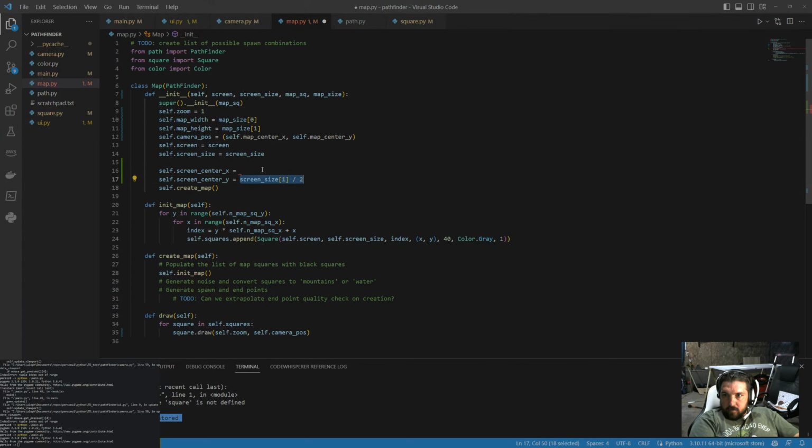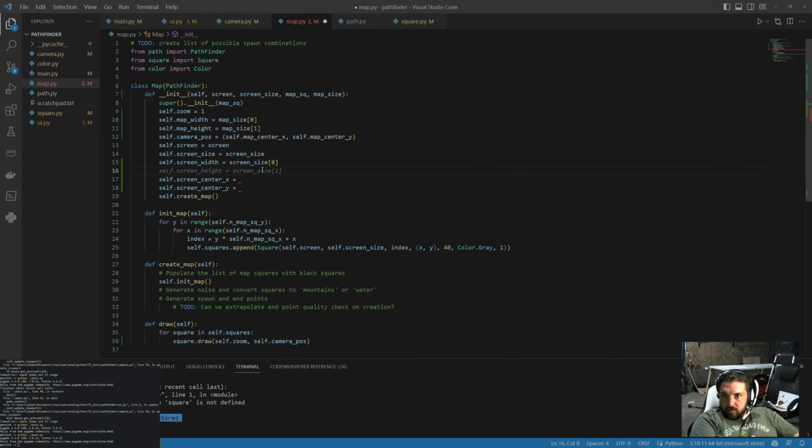let's do it like this. Self dot screen width, self dot screen height, and then why not? I don't think it makes a difference. I ended up just doing the same thing I did before, but whatever. And this is duplicate. I mean,